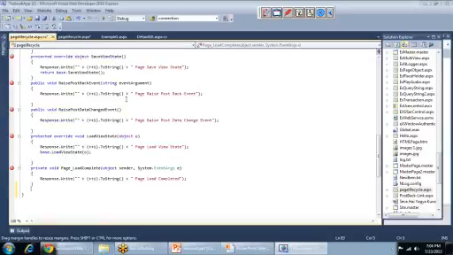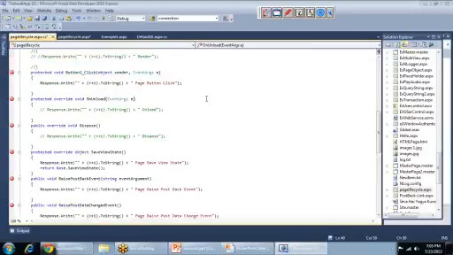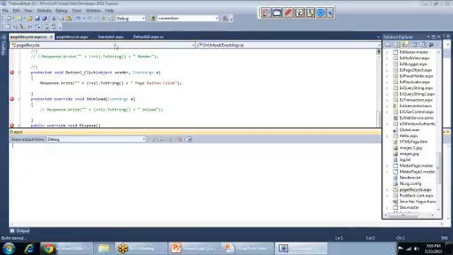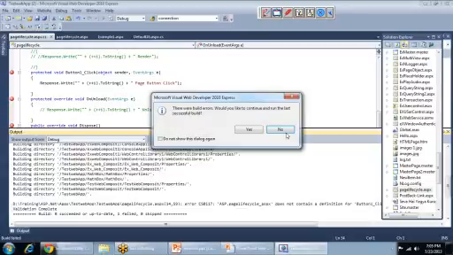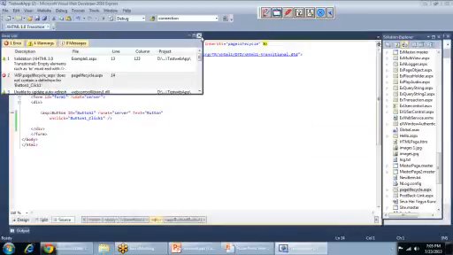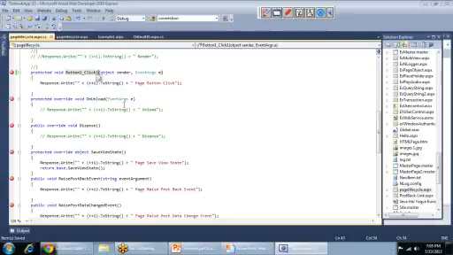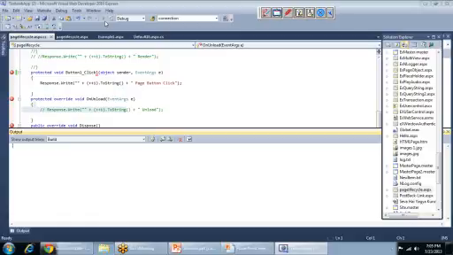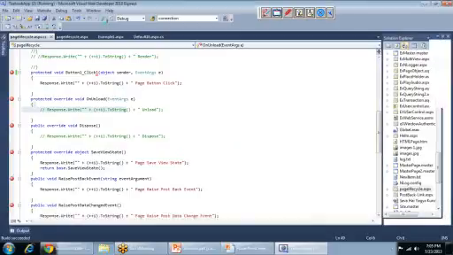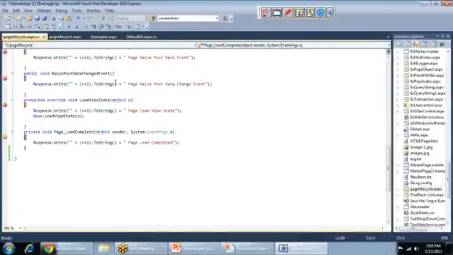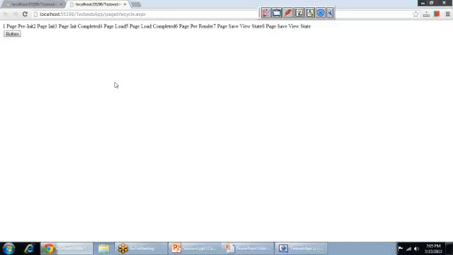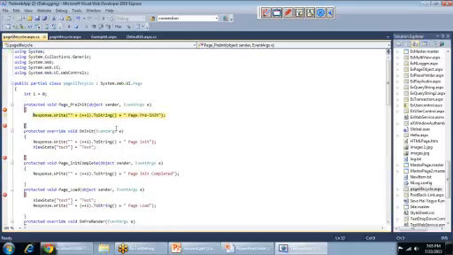Button click is already here, so I'm just deleting this. Okay, it was button 1, click 1. So this is the first time request, for which we have already seen the sequence. Okay, now click on the button. Again,